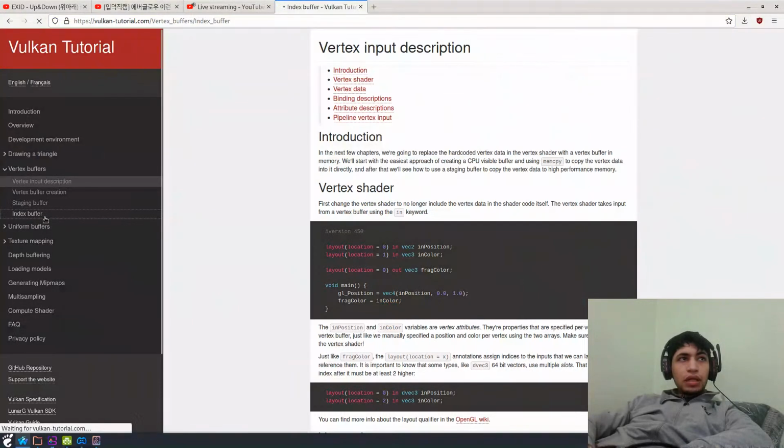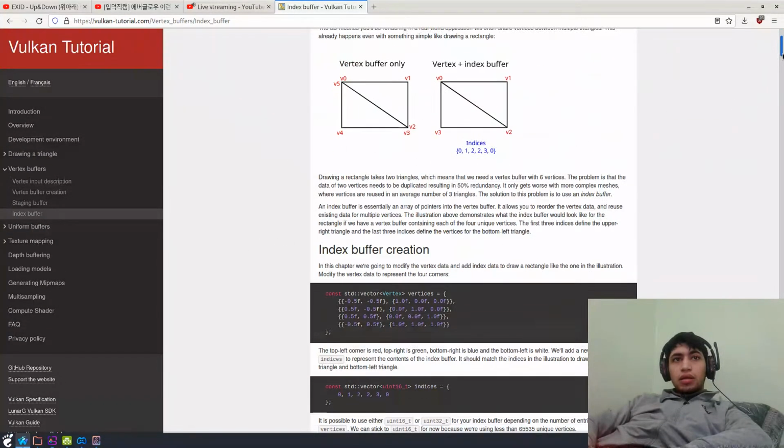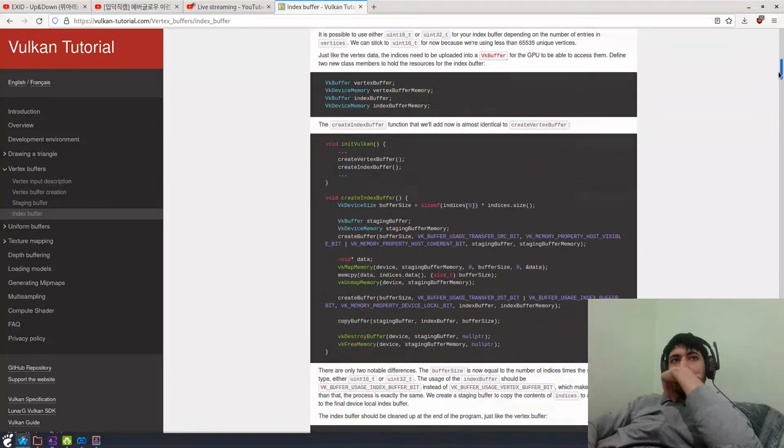In the index buffers we have the vertices buffer, and then the indices buffer. It still looks like this in code, but on the GPU part, the vertices and the indices are in one buffer. So yeah,